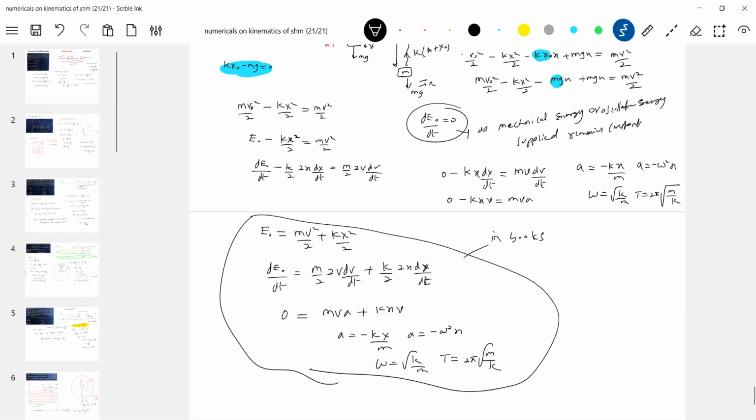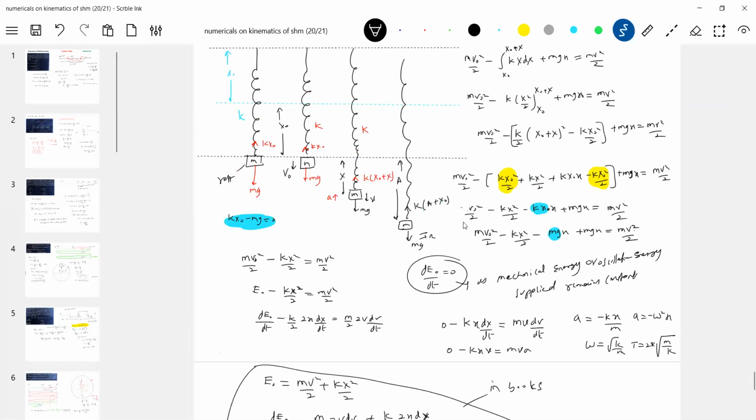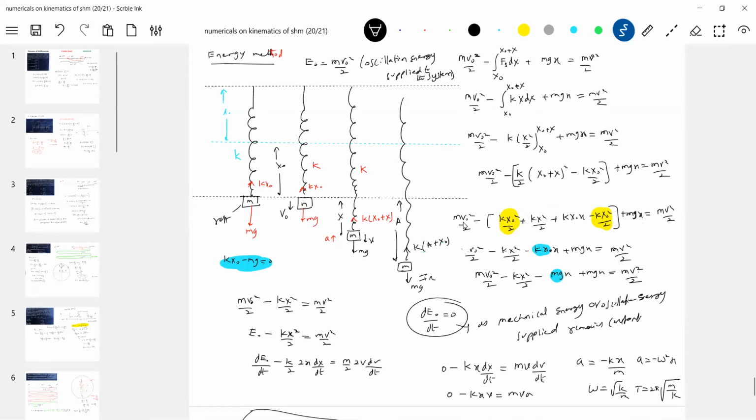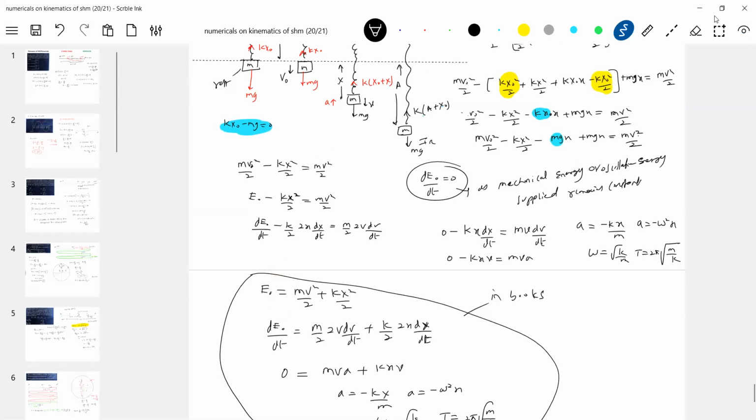So students ask, why are you not taking the work done by gravity? Even if I take the work done by gravity and solve it, I get the same answer. The reason is that the work done by the initial spring force and the gravity will always be equal and opposite. The net work done by the initial spring force and gravity will always be equal and opposite. So therefore, only the additional spring force is doing work. That's why they started like that, nothing wrong. But accepting blindly is very dangerous.